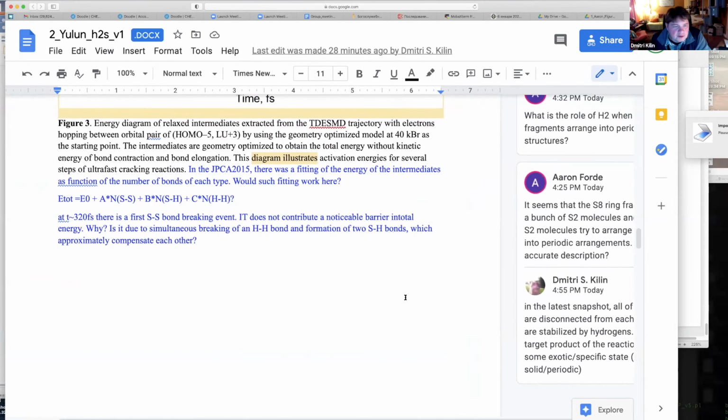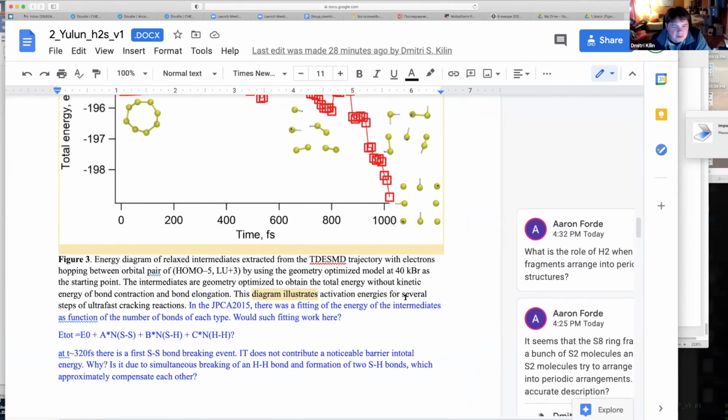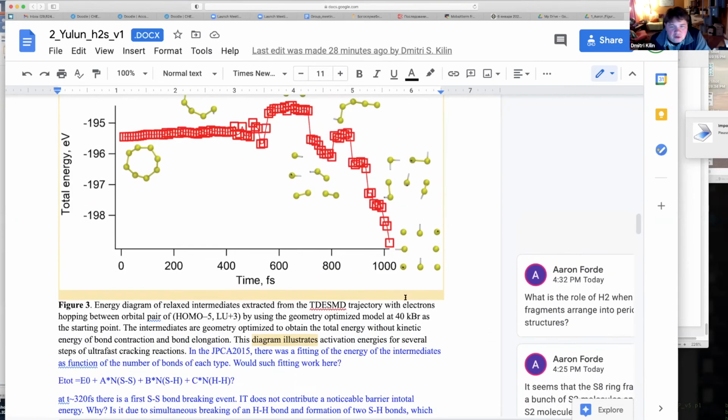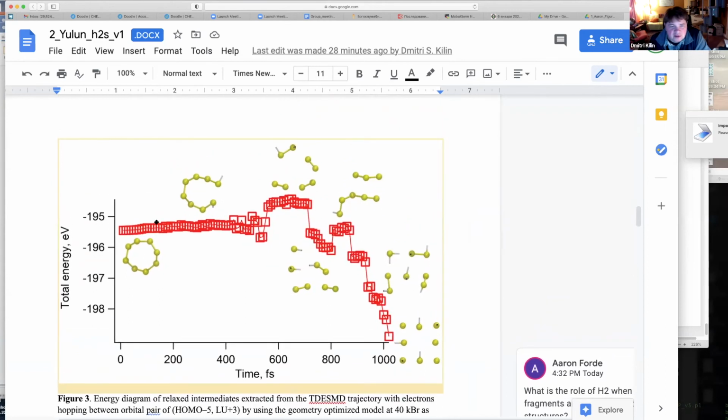So I do have a suggestion which may or may not be reasonable. By looking at this figure, it seems that for a long time there is no change in total energy, even when the bond is broken. But simultaneously, HS bonds are formed. So maybe breaking one bond and compensating with another bond creates a balance, and very approximately one can